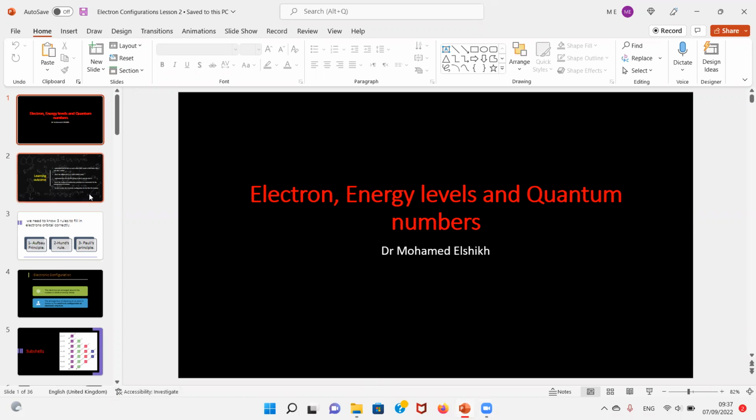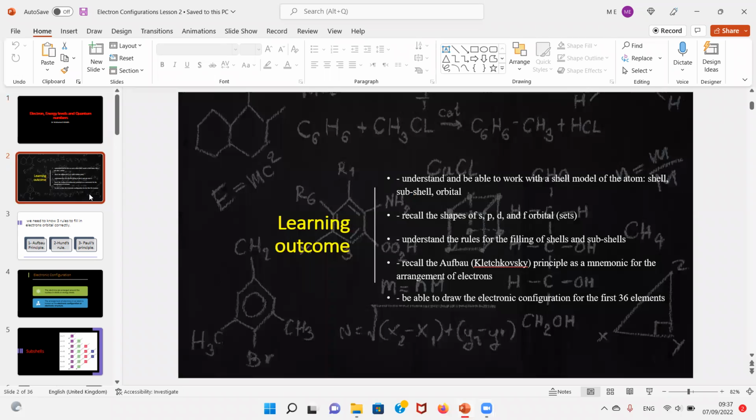Just to recap, just a quick revision, we need to understand and be able to work with a shell model, where we understood the meaning of shell, subshell, and orbit. We need to understand and recall the shapes of S, P, D, and F. We need to understand the rule of filling the shells and subshells. We need to recall the Aufbau principle, and we need to draw the electronic configuration of the first 36 elements